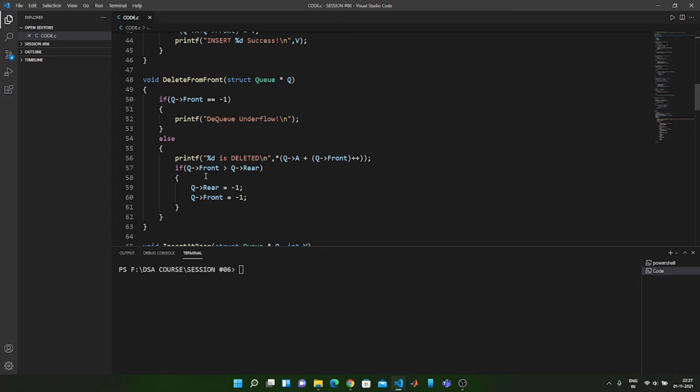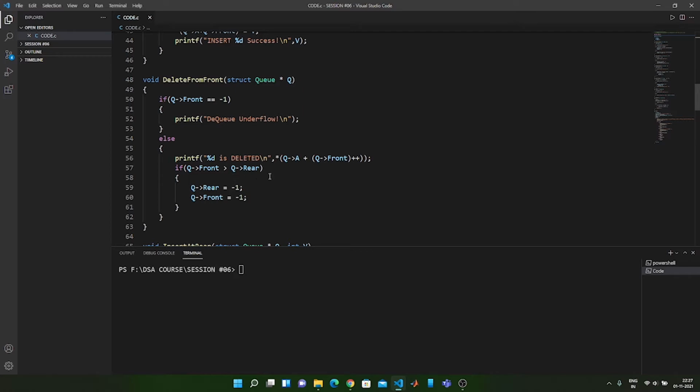Inside this condition also we have another condition which states that if the front is greater than rear, then we have to initialize or reset both the front as well as the rear to -1. This is because front being greater than rear is an impermissible case, because if you look into a normal queue, not the circular queue, you will find that the front is occupying the index position which is less than rear.